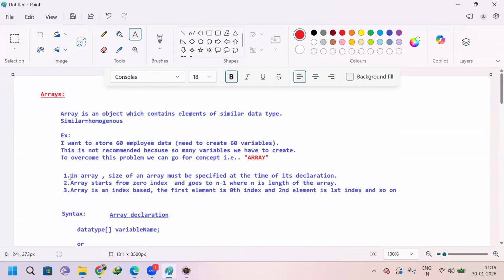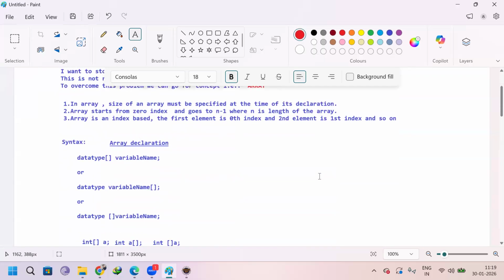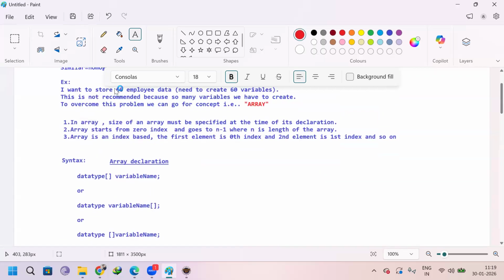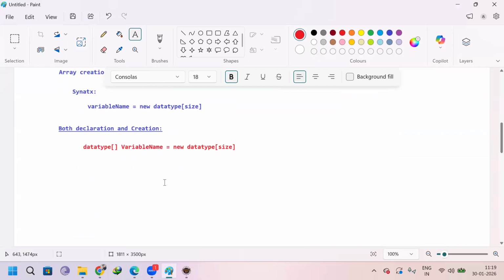What we have here in point one: in an array, the size of an array must be specified at the time of its declaration. Suppose you want to store 60 employee data, what will you take? Int. I will be taking int. Array variable name, take any, employee data. I am taking one employee data as a variable. Equals to